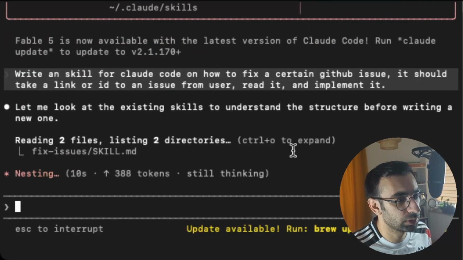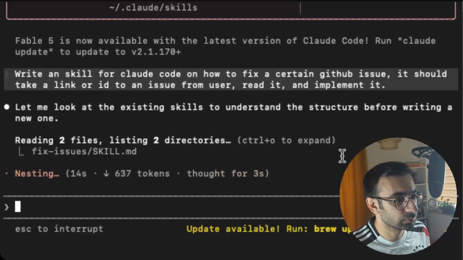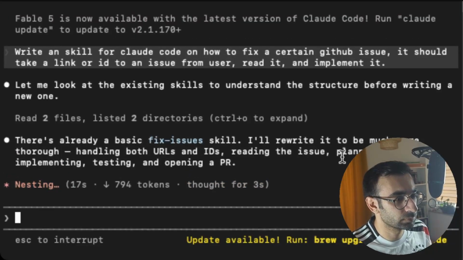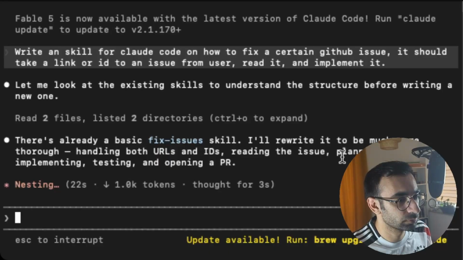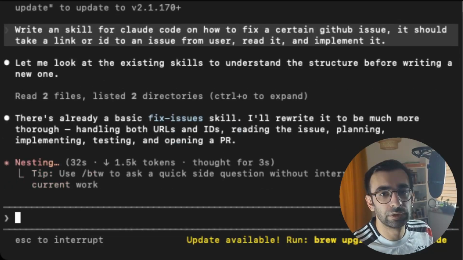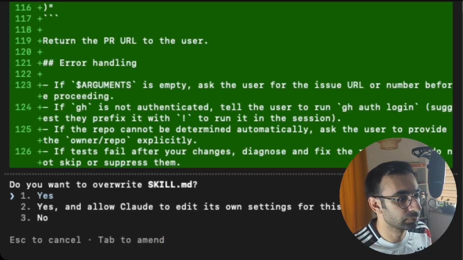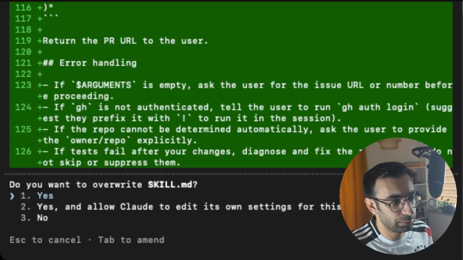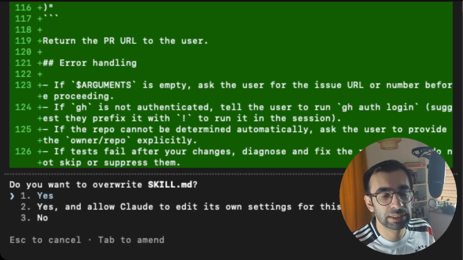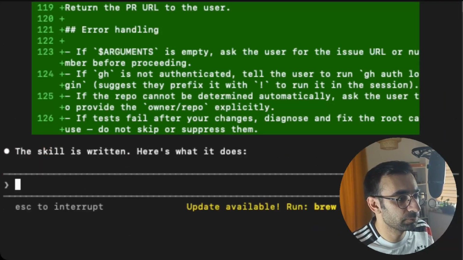So it's having a look on other skills. Okay, I already had one which is called fix issues. It found it, and then now it's trying to rewrite it for me. And then I'm gonna, for example, if you are actually writing in a skill, you are gonna go back and forth and guide it more, but it already created one for me